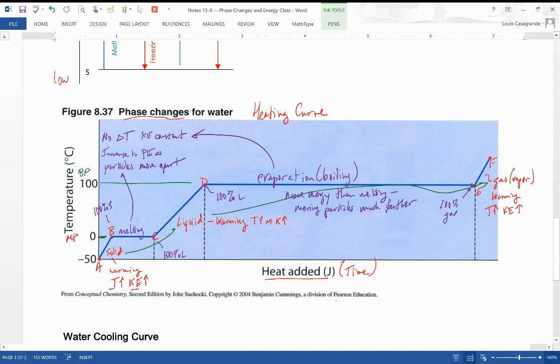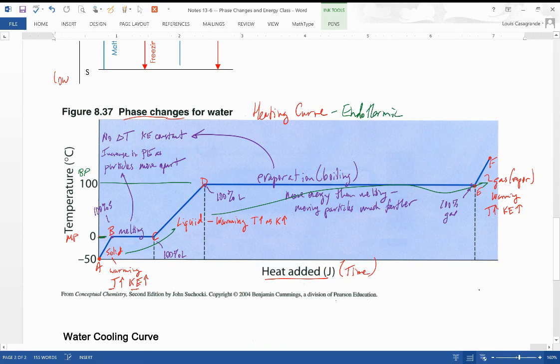And this is a great way of identifying different materials based on the fact that everything has its own unique combination of melting point and boiling point. So this is a heating curve. Now, what happens when you remove energy? So heating curve, that's our endothermic processes, right? We're going up